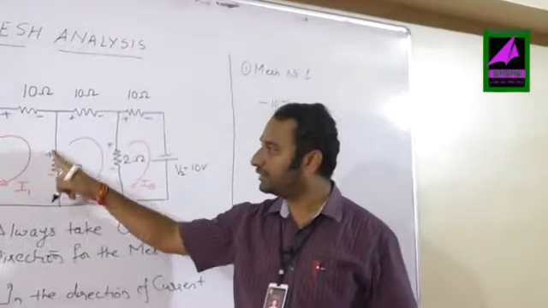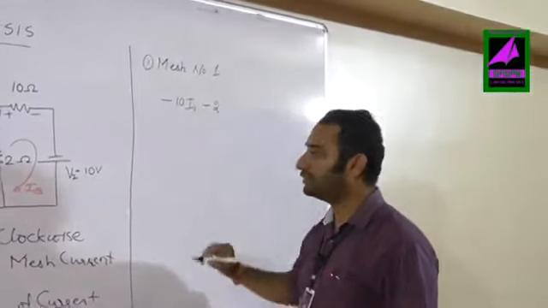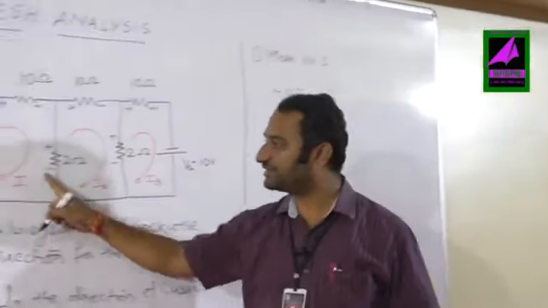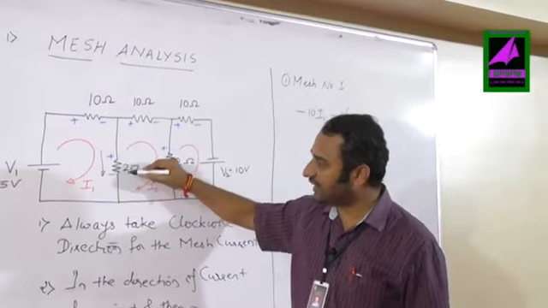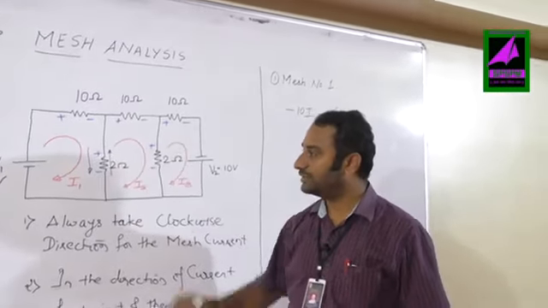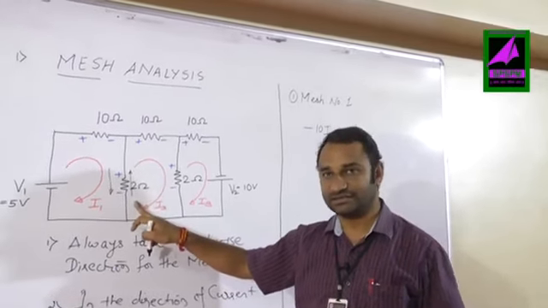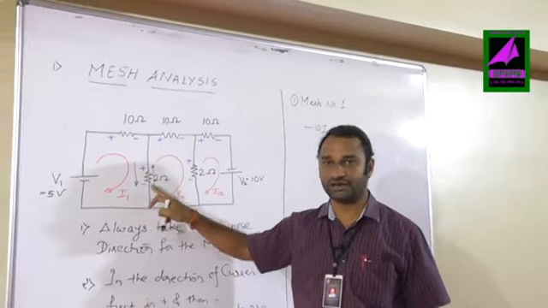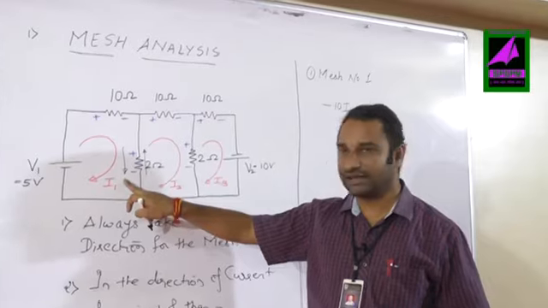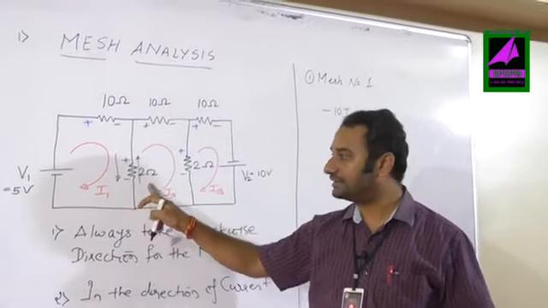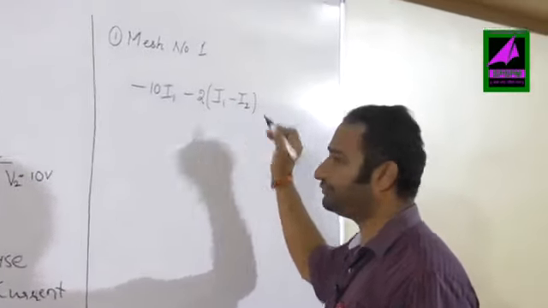If I move further, it is plus to minus, so again I will take minus. The value of resistance is 2, and there are 2 currents moving through this resistor. One is I1, which is top to bottom. The second one is I2, which is bottom to top. These 2 currents are opposing each other, so we are going to take the subtraction of these 2 currents. Always write the current of the mesh for which we are writing the equation first, that is mesh number 1, minus the current from mesh number 2. So this becomes 2 times I1 minus I2.